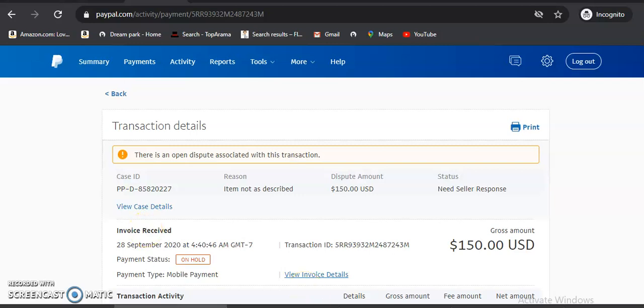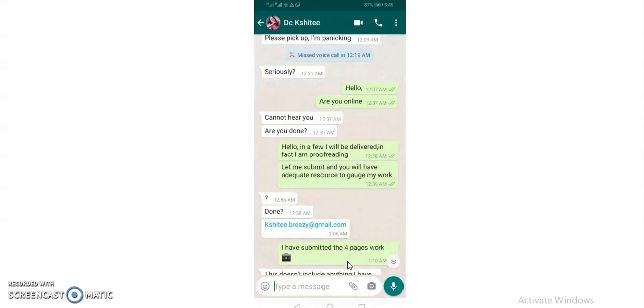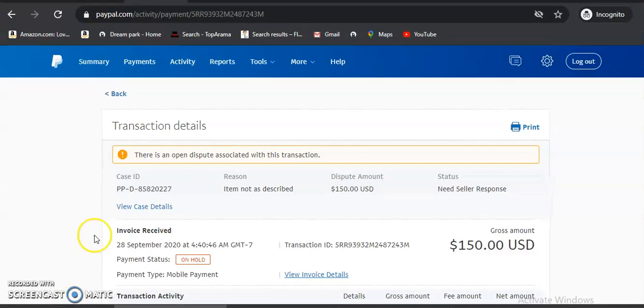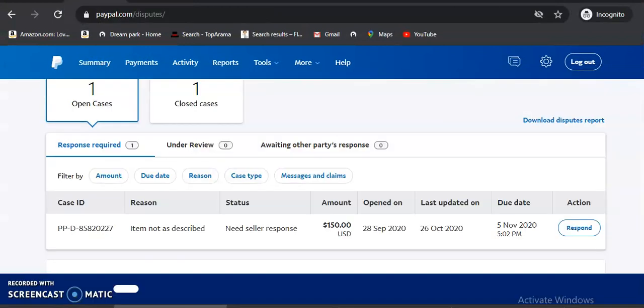I even have proof of evidence that we were chatting with this client. Here they are: these are the WhatsApp chats with the client. So basically, what will happen? We will go back. This is in the resolution center, where we will be given a chance to respond. Once we click respond,